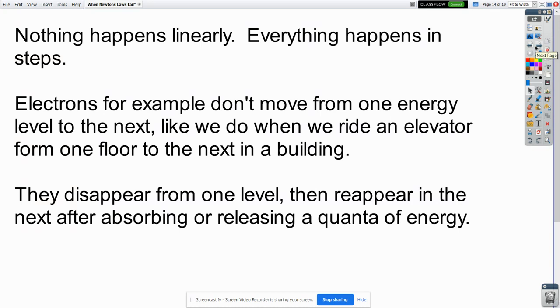We believe the real world works in the same way. For example, when you accelerate a car, it accelerates in steps. The car will absorb a quanta of energy and jump to the next step and speed up a little bit instantly. No continuous linear motion about it. It just jumps from one speed to the next. And then it'll absorb another quanta of energy and jump to the next level, again jumping instantaneously from one speed to the next. It's just that in this real world, we're so big that we don't notice the steps.